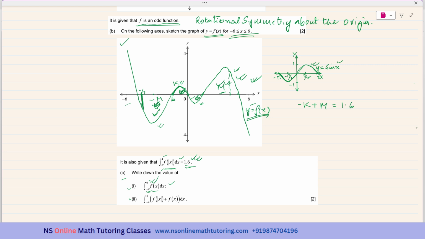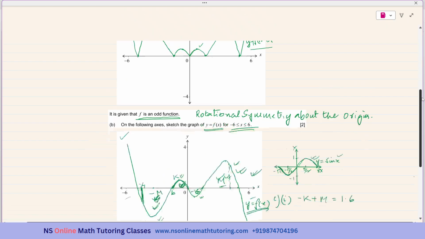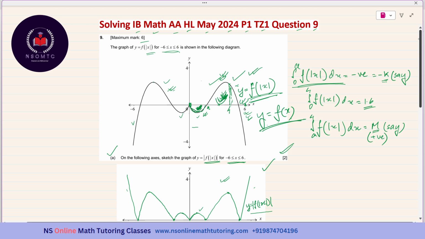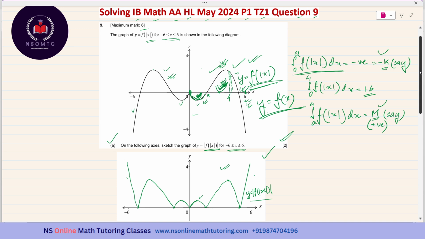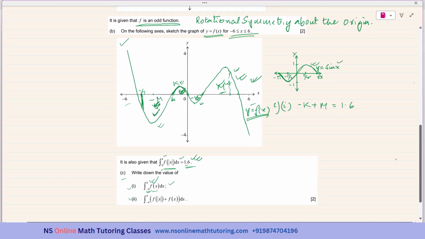And now this is the answer for CI. Okay. You have to include these, because otherwise the k and m do not have any meaning. So minus k plus m is equal to 1.6, given. And now we need, therefore,